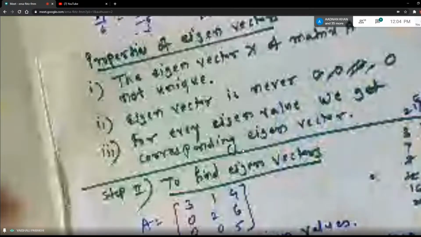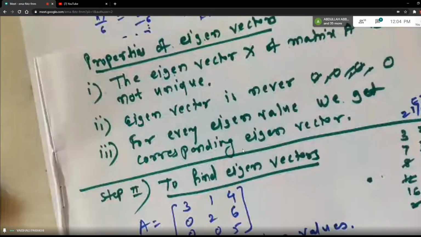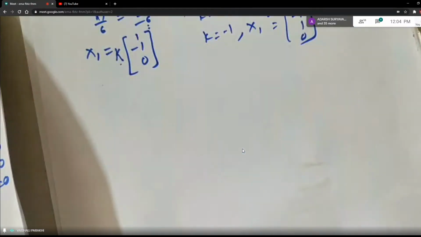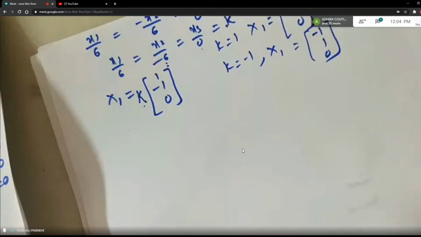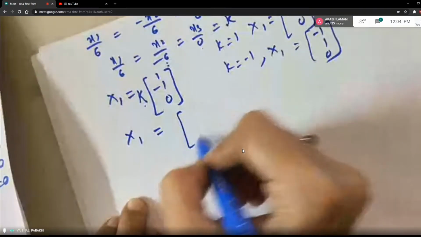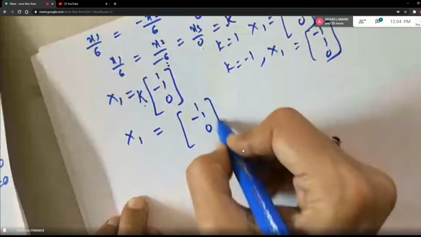An eigenvector is never 0. That is a null matrix. Every eigenvalue has a corresponding eigenvector. So remembering these properties, you can say that eigenvectors are not unique. But to solve the problem, you have to take one fixed eigenvector, students, and that we take as 1 minus